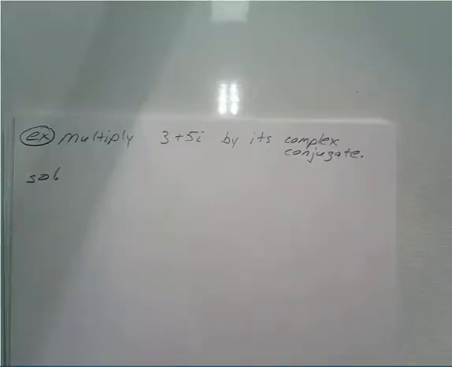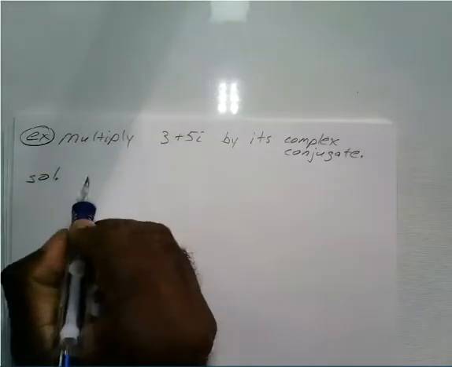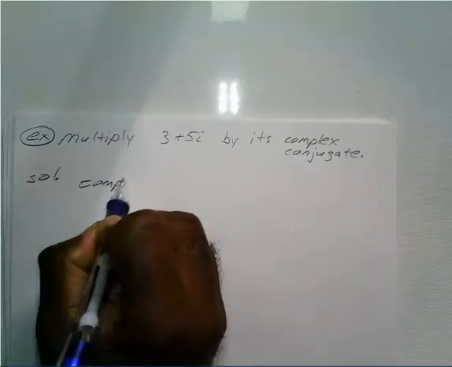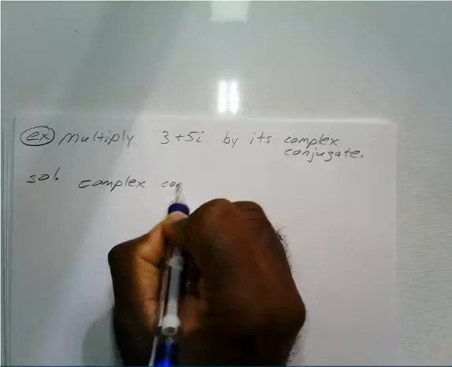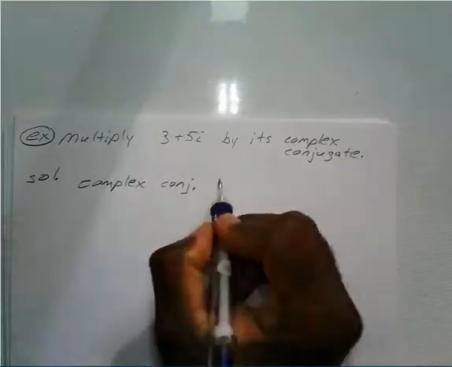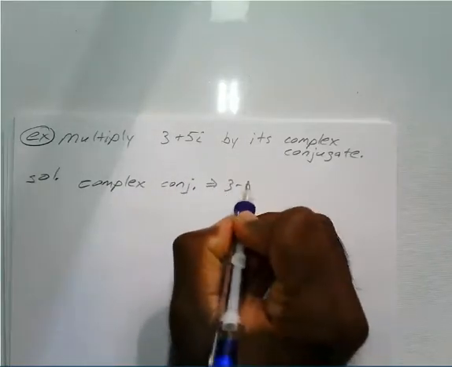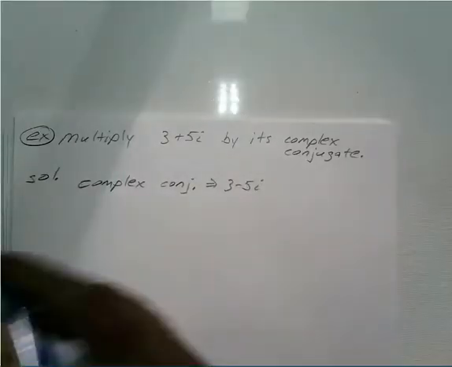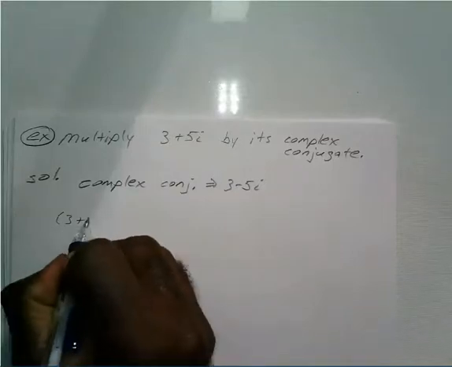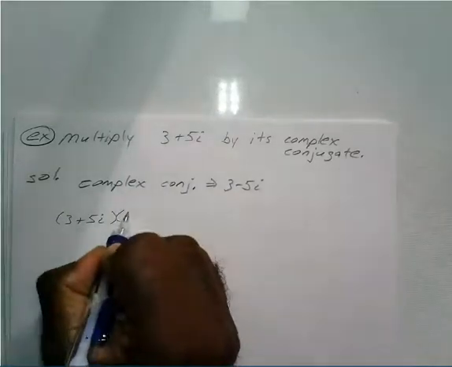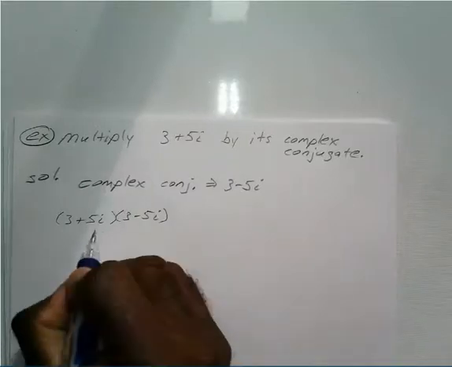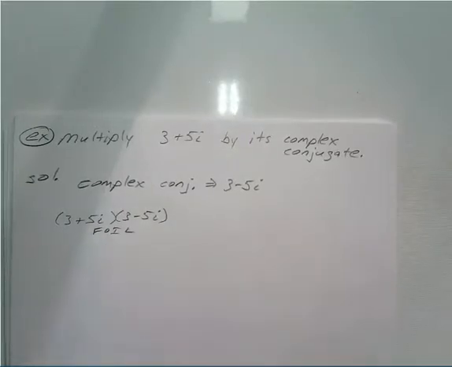The complex conjugate of 3 plus 5i is 3 minus 5i. So if we have 3 plus 5i times 3 minus 5i, and again we do the FOIL method,